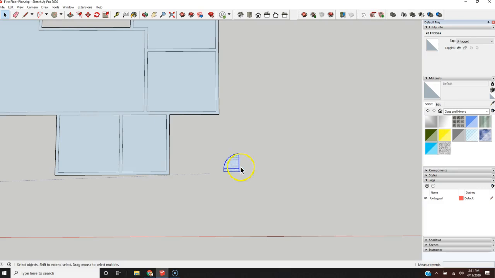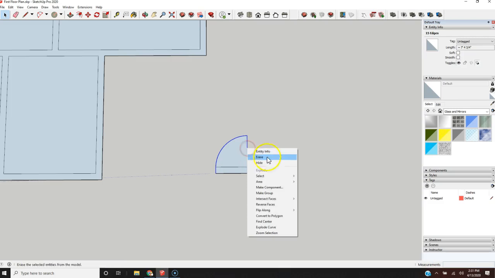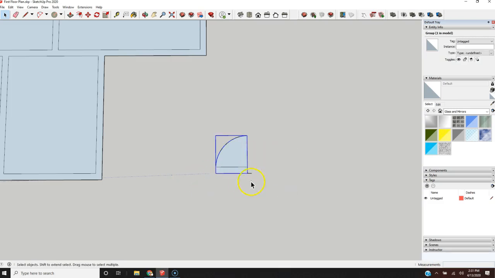Actually, no, I'm not going to make it a component. I am going to just group them here to here. And I'm going to make that a group. Just right click, make group, and bam. So now